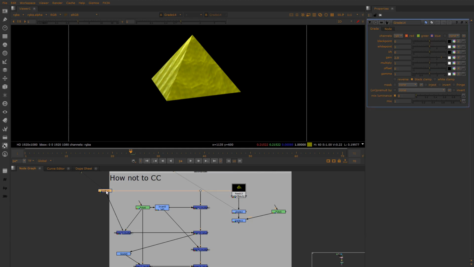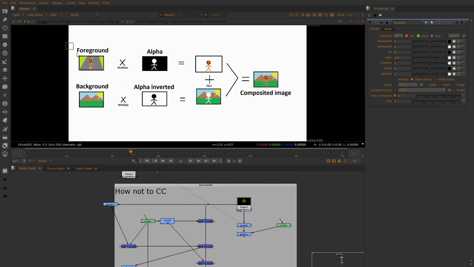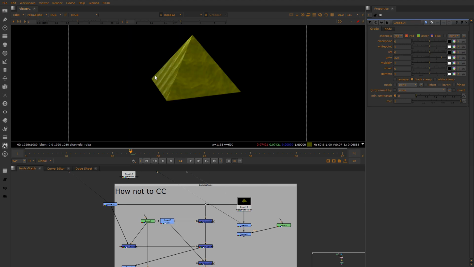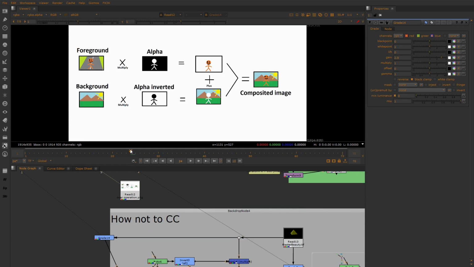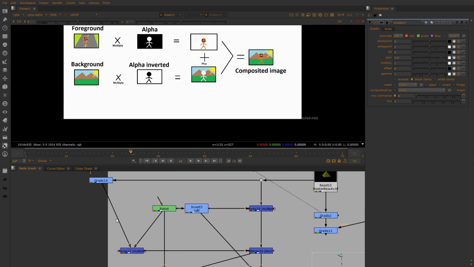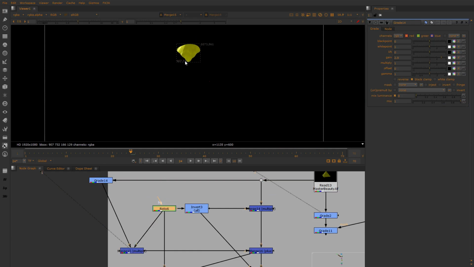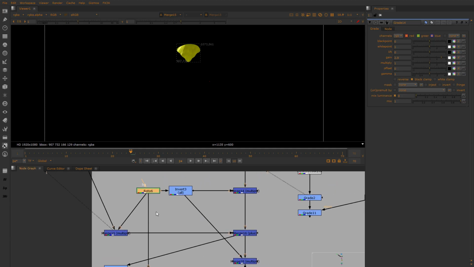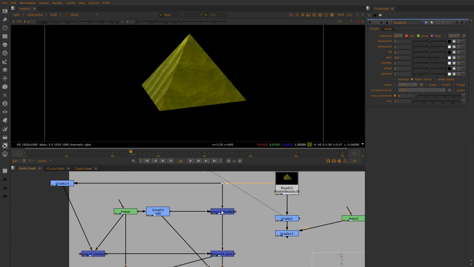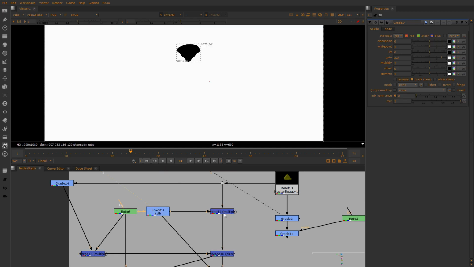This output we see here is actually our foreground image. This is what we want composited over, right? This is what we want to happen to grade it over our image here. So let's use the same method as we explained earlier in this diagram. I take our over image, we multiply it by its alpha, and now we take the background image, we multiply it by its inverted alpha, we're left with these two